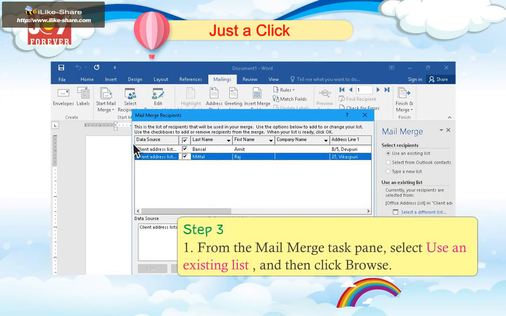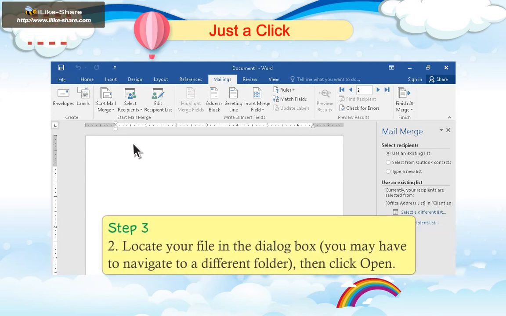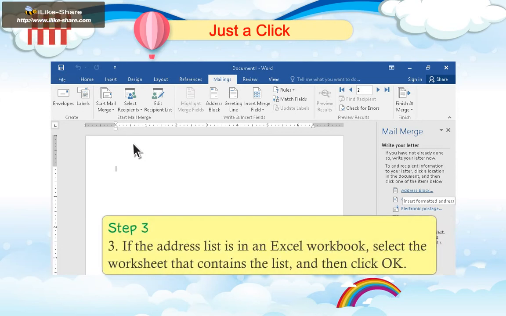From the Mail Merge task pane, select Use an existing list and then click Browse. 2. Locate your file in the dialog box. You may have to navigate to a different folder. Then click Open.